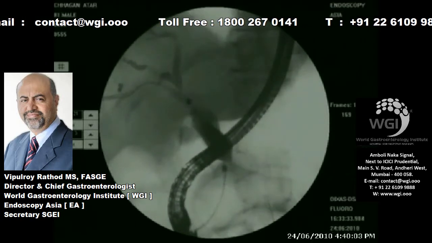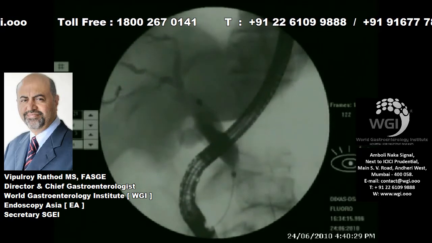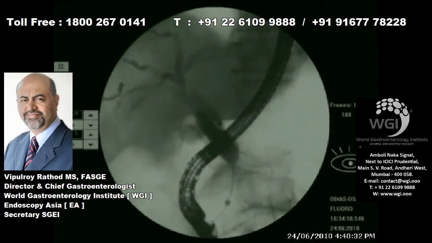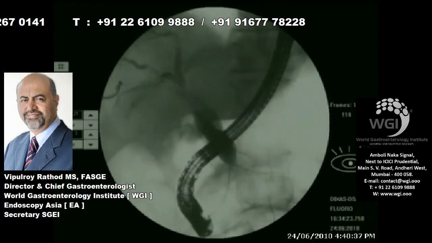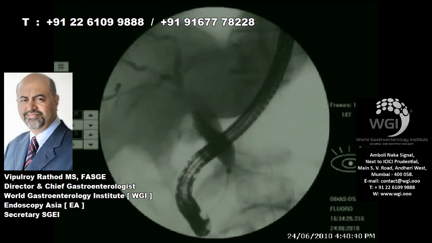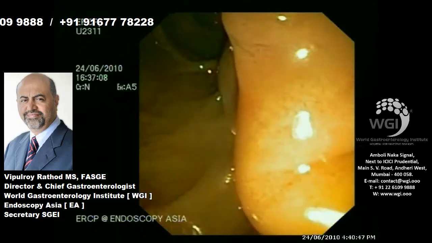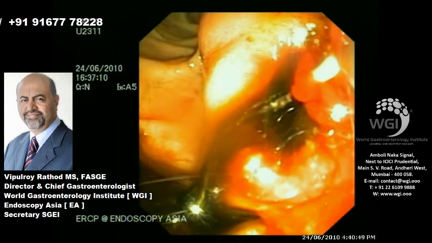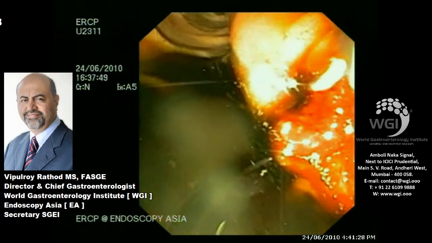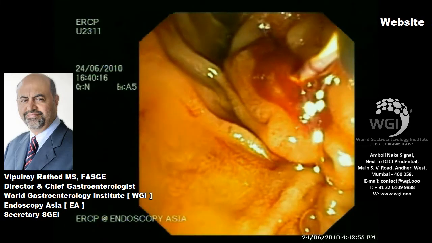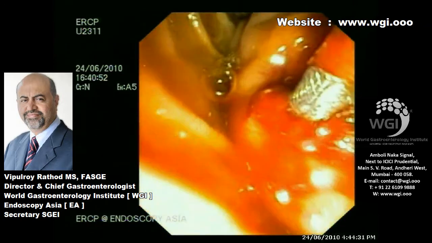because we need to pass a 7 French stent delivery device for deployment of a self-expandable uncovered stent. I prefer uncovered stents for some reason, because we have had a couple of patients with occluded cystic duct secondary to a covered stent. Cystic duct insertion sometimes can be difficult to ascertain, especially when the patient has cholangitis. We do not want to inject too much contrast. So here we are going ahead with a self-expandable uncovered